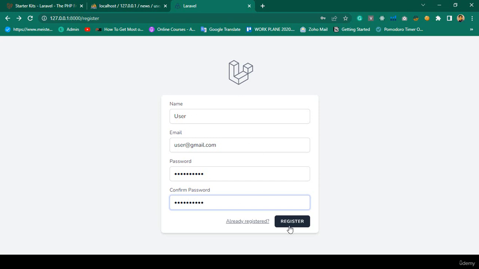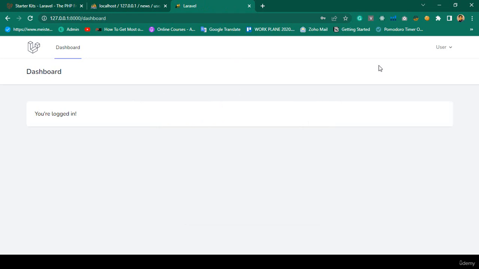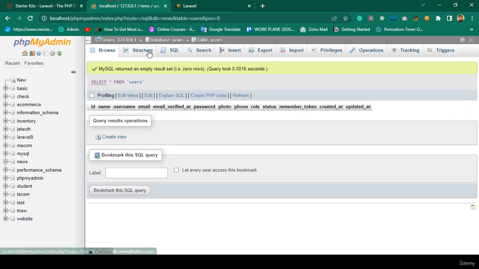Okay, now let's check whether our registration was successfully done or not. If you click register, yes, you can see, friend, everything is ready-made. Right now we are successfully logged in as another user, and here I registered it with this name as a user. Now if you go to our database user table,